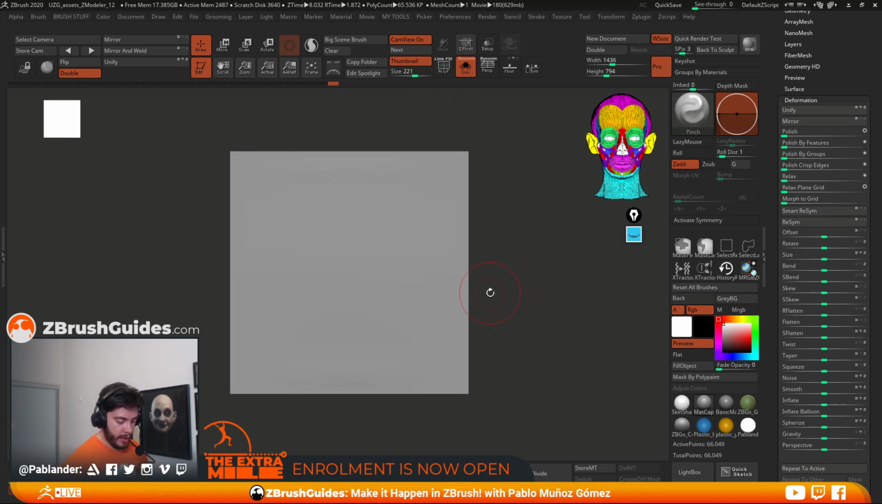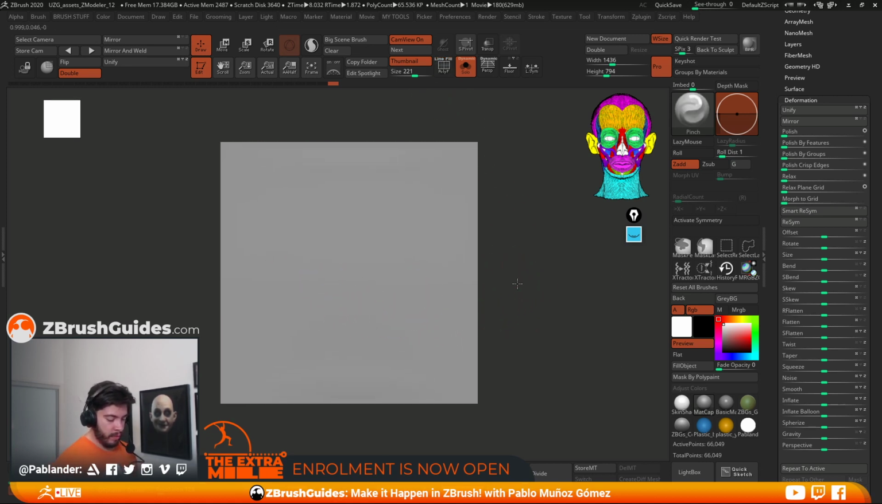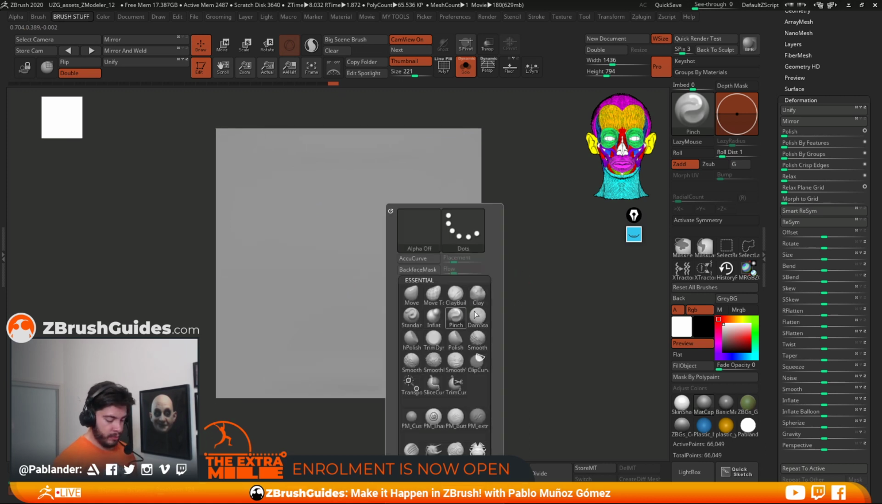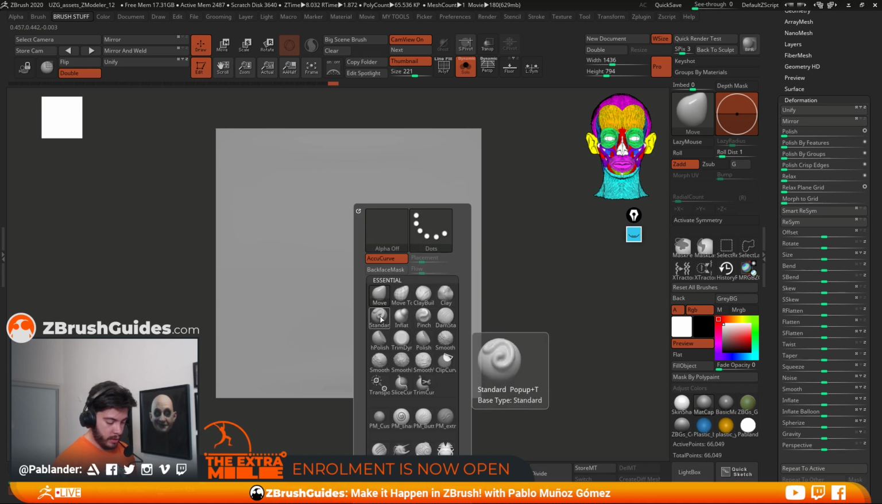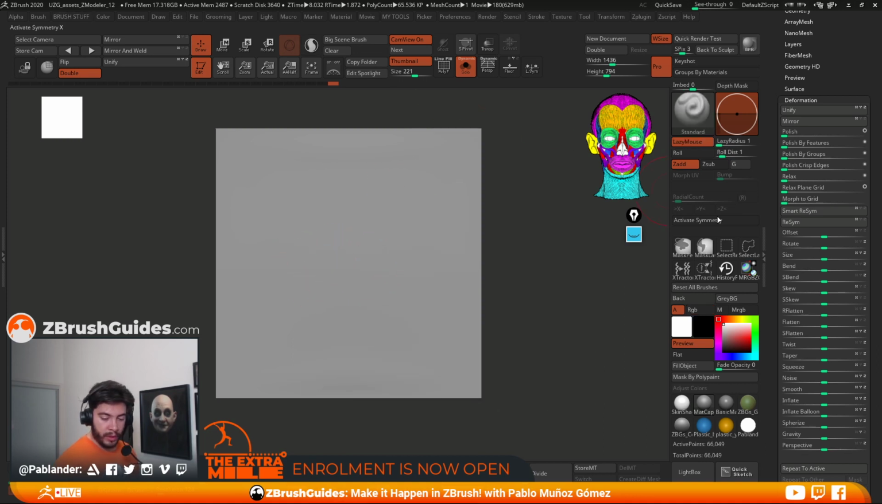All right, let's go ahead and establish the main shapes of the mouth. For this, I'm gonna bring in the move brush. Actually, let's go ahead and use the standard brush first, with symmetry, to establish the main shapes. So I'm gonna go for something like that. This is something,